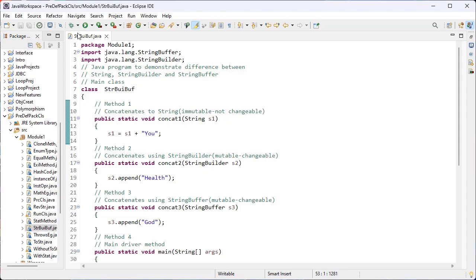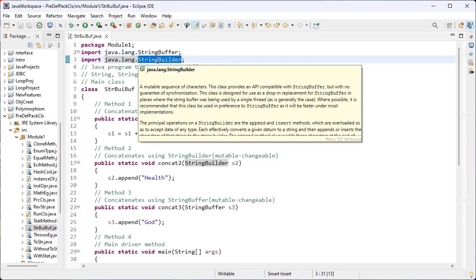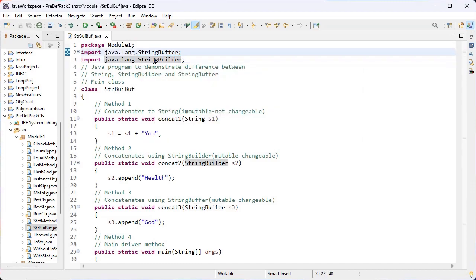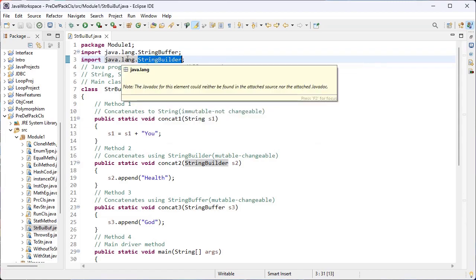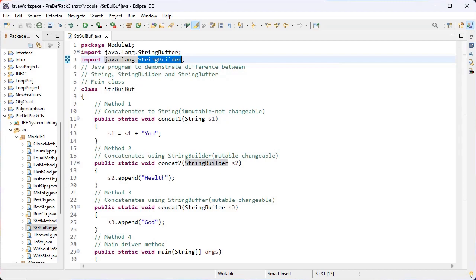Here I have created the package. Package name is module1. And I have imported the StringBuffer and StringBuilder. Both the classes are inside the java.lang package. The java.lang package is the default package, so there is no need to write the import like this. And I have created the class